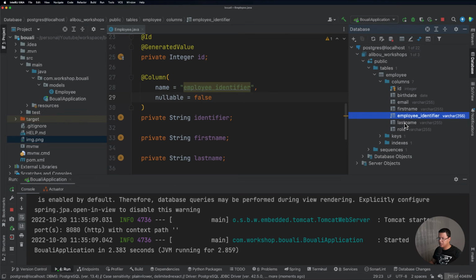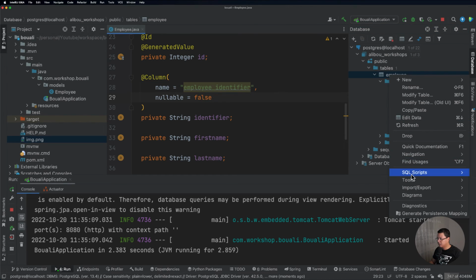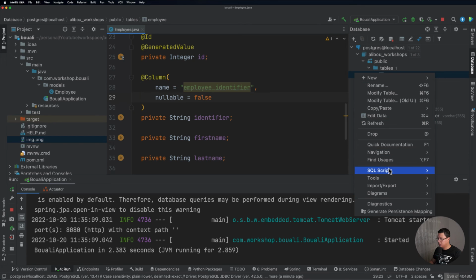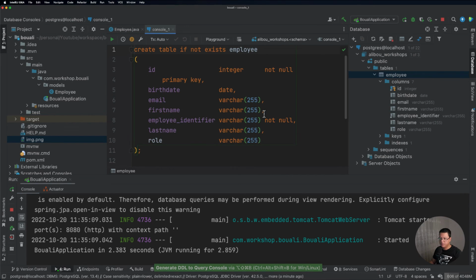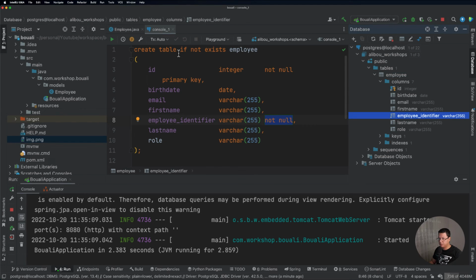This means that this is a unique identifier. If I go again to SQL scripts and choose generate DDL to query console, we see that this is the name, and we automatically added not null, meaning this employee identifier is no longer null.